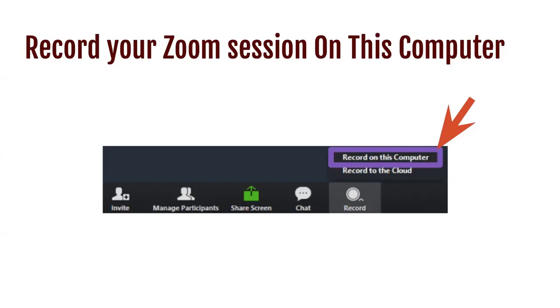And without much wait, that session would become available in the Zoom cloud. And then it would send you a link, and you could share that link with your students, and they could access the video. Our concern is that these are not normal situations. We're not in normal times anymore.